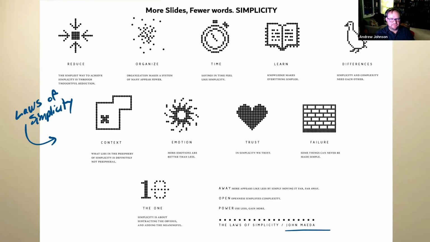They want simplicity. If you're looking for a non-religious book that will teach you about the design and making of how to make things simpler, I really do recommend this book. It's called The Laws of Simplicity. You can read it in a day. It's by author John Maeda. It's a high recommend. It's a wonderful way to show you how to take those complicated concepts and just summarize them visually on screen.